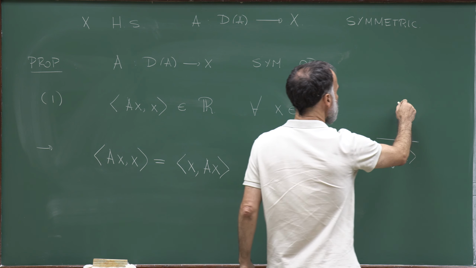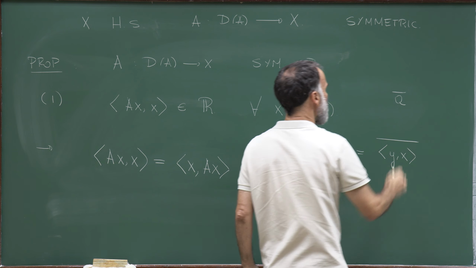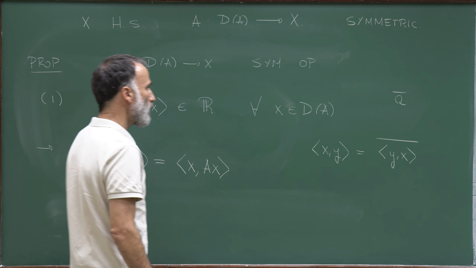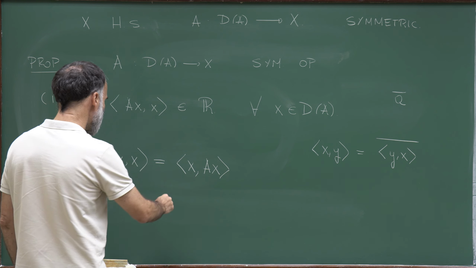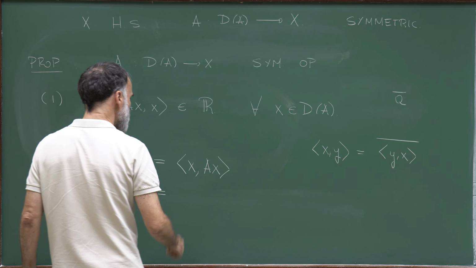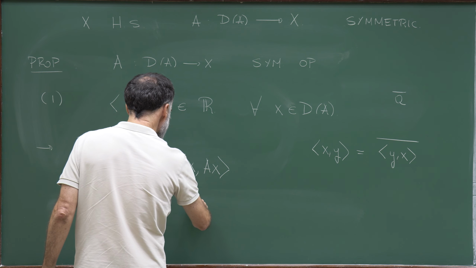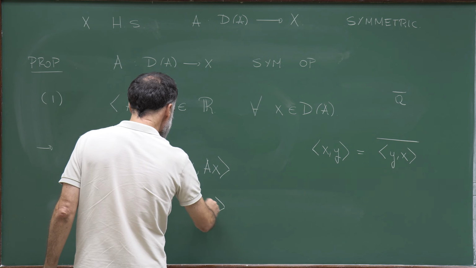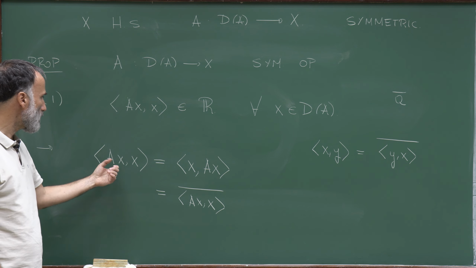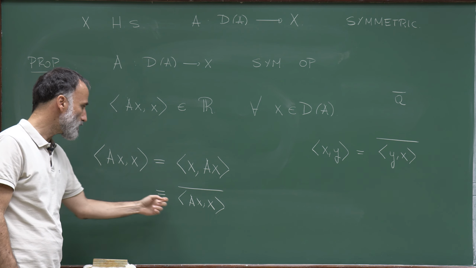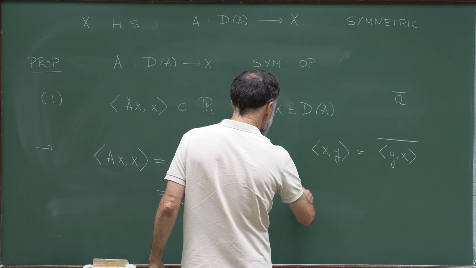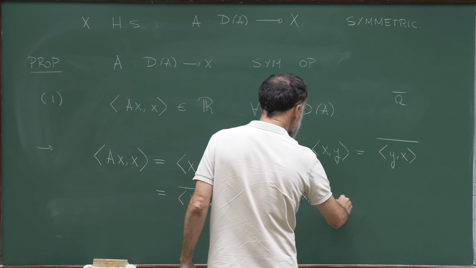So remember, if I have a complex number, a bar represents its conjugate, and we have these properties of the scalar product of a Hilbert space. So if I apply that property to this expression, this is equal to (Ax, x) complex conjugated, and therefore this identity is telling me that the complex number (Ax, x) is equal to its complex conjugate, which means that (Ax, x) belongs to R,